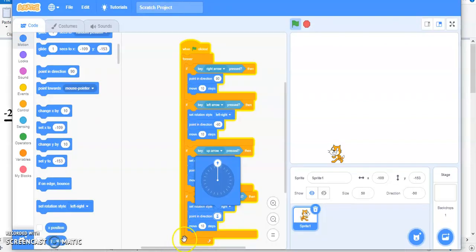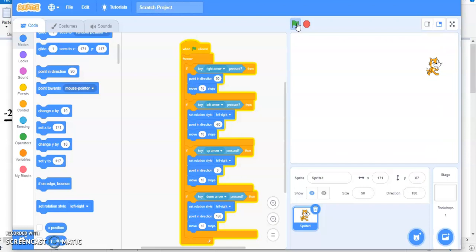Yes. Or you just see it this way, 180. Let's test. Right now I am pressing my right arrow key, it is moving right, up, down, left. Okay, so this is working.